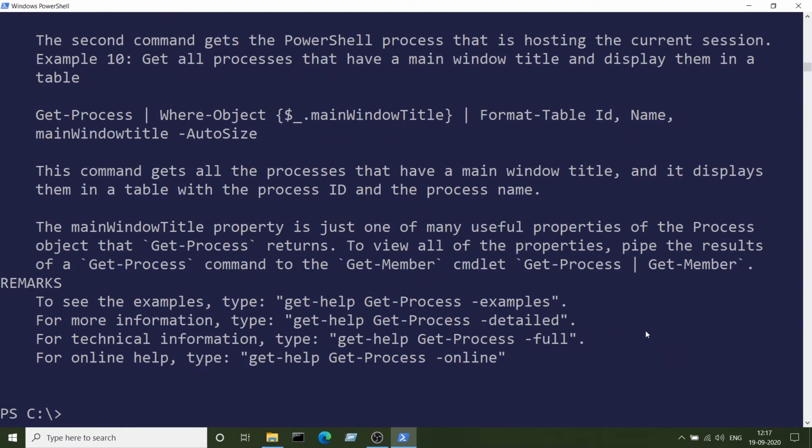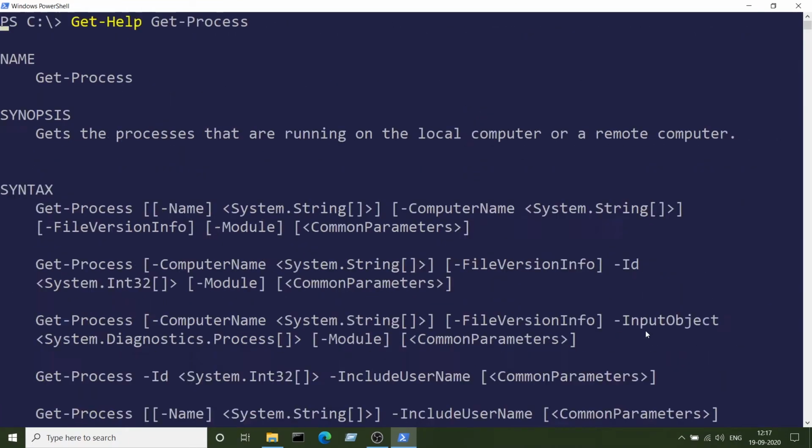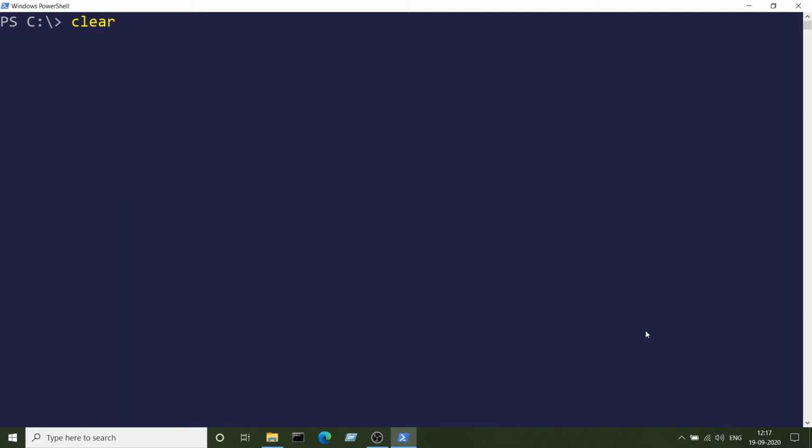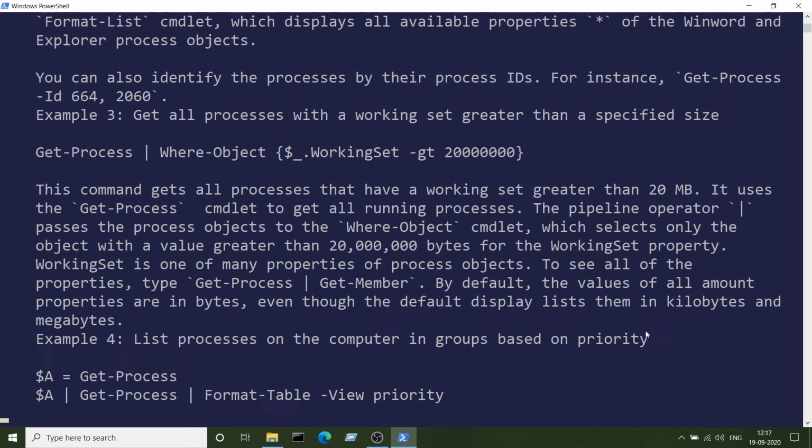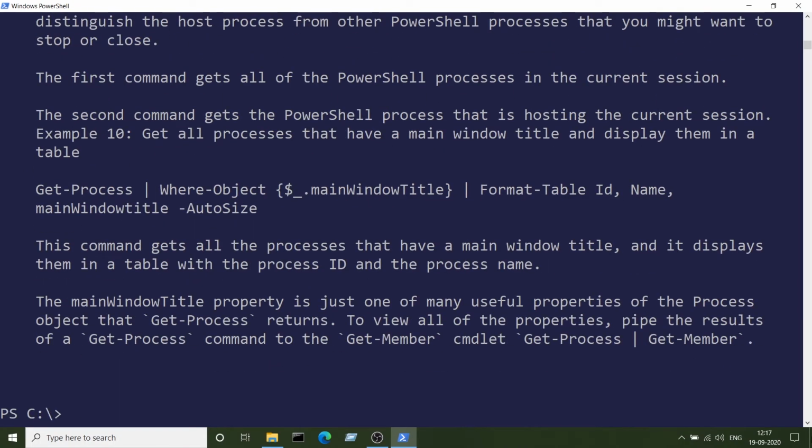Or Get-Help Get-Process -Examples will print some examples on how to use Get-Process commandlet, which is really helpful when you are getting started.